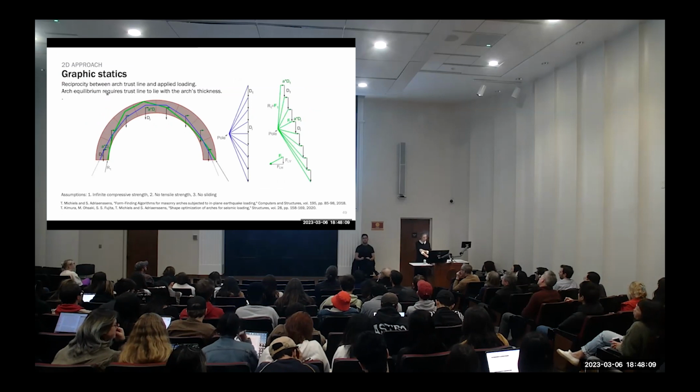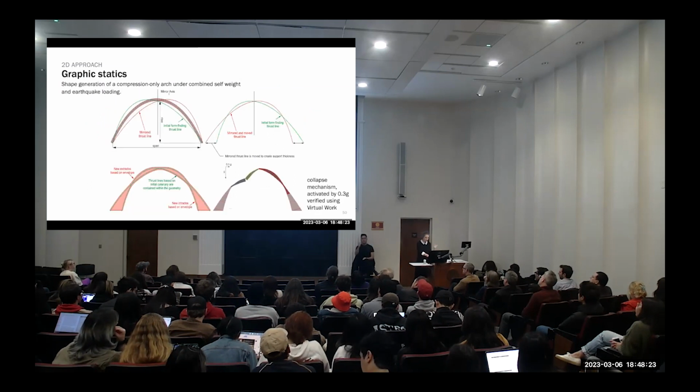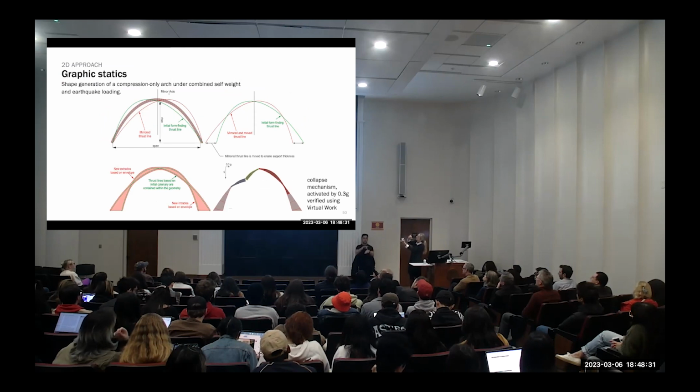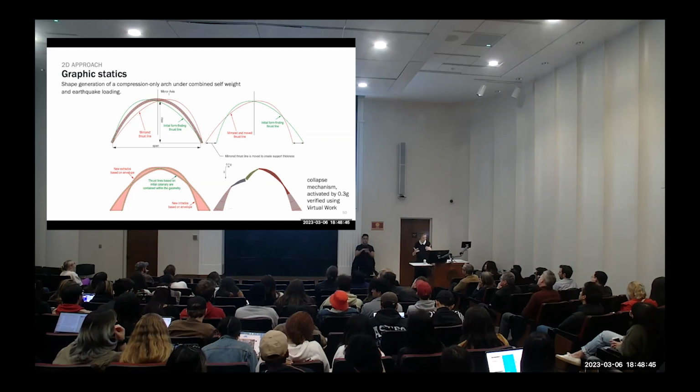So that's good. Then we started developing techniques for how we can develop forms for arches, first starting with arches that can take gravity loading and lateral loading. We used a method called graphic statics, and we saw that we could develop these stress lines, which is where all the forces are. Of course, the earthquake can come from the left or the right, so we mirrored the thrust lines, and we end up with these weird looking arches that are supposed to be really good under gravity loading and earthquake. And we checked, and they are indeed very resistant to earthquake loading.